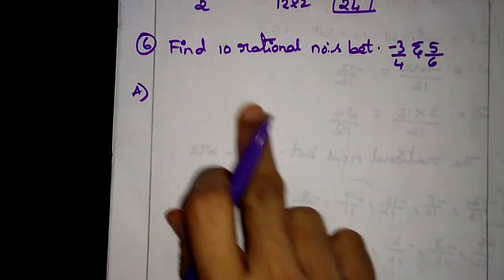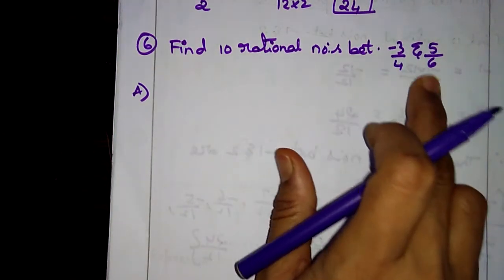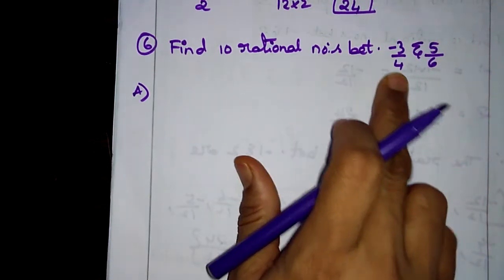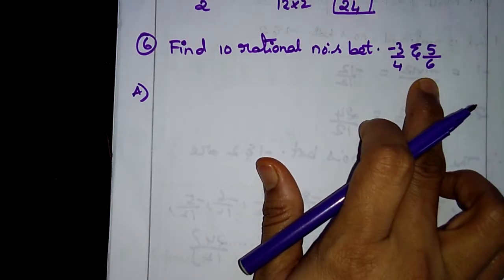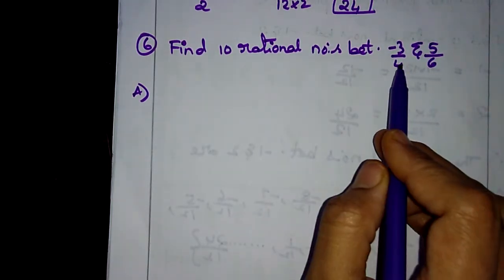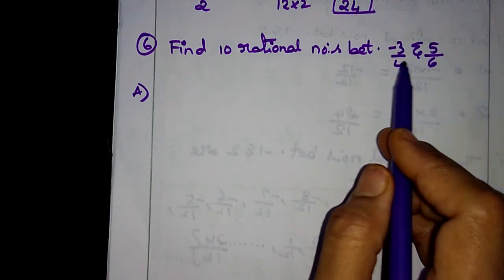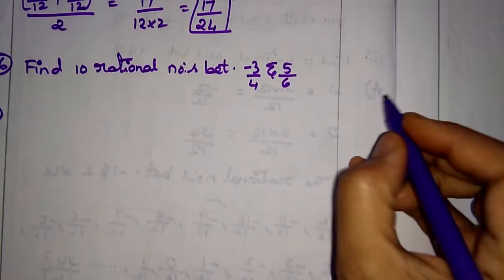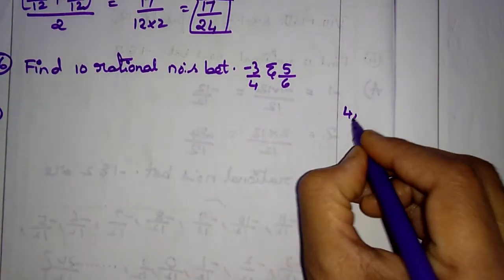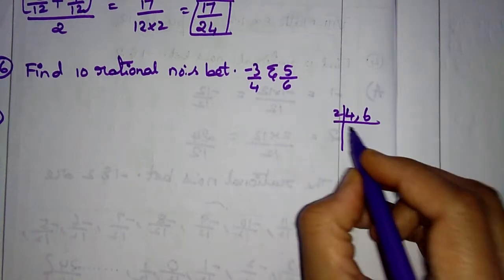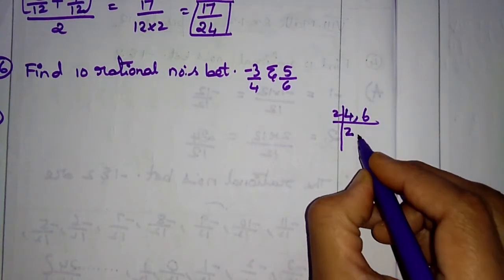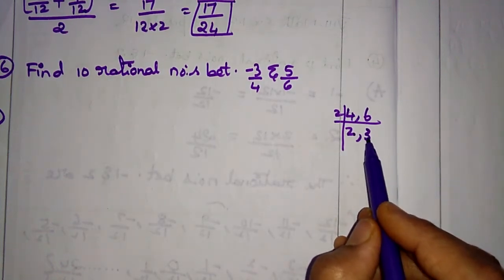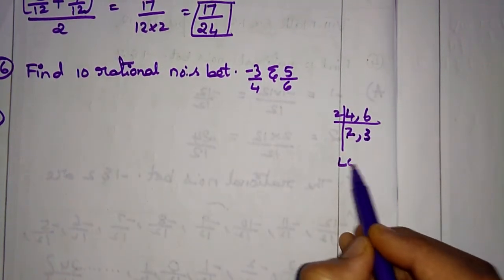See this sum, children. Find 10 rational numbers between minus 3 by 4 and 5 by 6. What is the question? Find 10 rational numbers between minus 3 by 4 and 5 by 6. I told you, children, compulsorily these fractions should be like fractions. If they are not like fractions, you have to convert them into like fractions. For that, you have to take the LCM. So the LCM of 4, 6 we will take. 2 2s are 4, 2 3s are 6. So all prime numbers, no? 3 2s are 6, 6 2s are 12. So the LCM